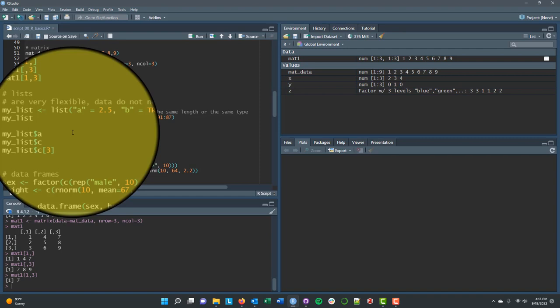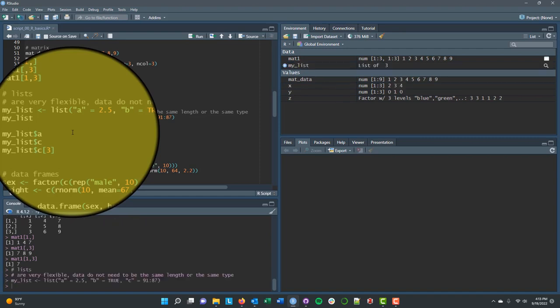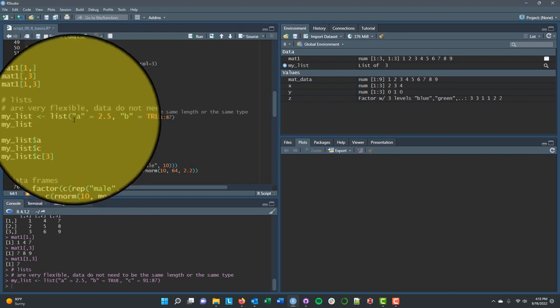A list, alternatively, is kind of like a collage of different data types. So I can put characters in a list, and I can put numerics in a list. I can have the list really be made up of anything that I want. So this gives lists some strengths and weaknesses, because it's great to have that kind of flexibility. However, one of the disadvantages of the list is that it can be a little harder to navigate around, because,